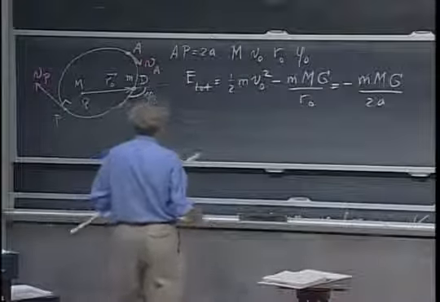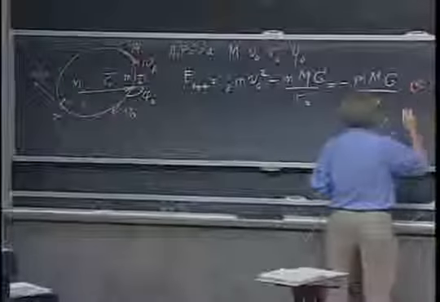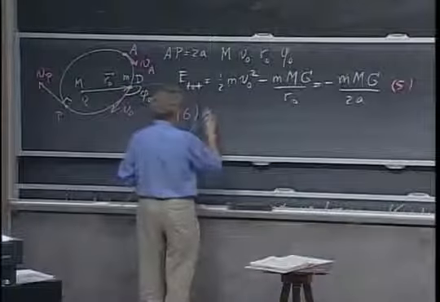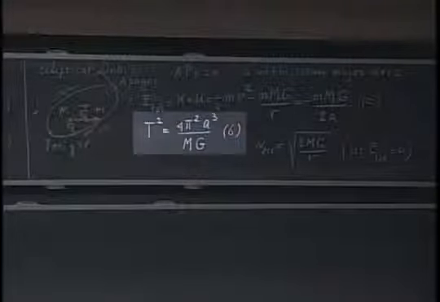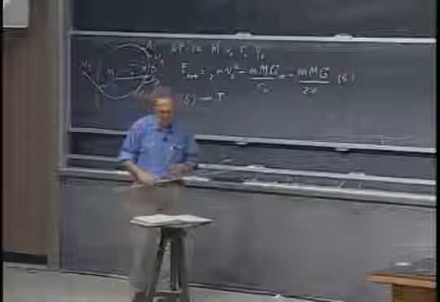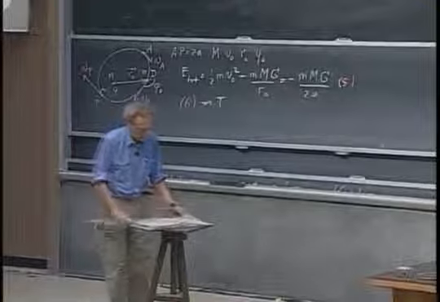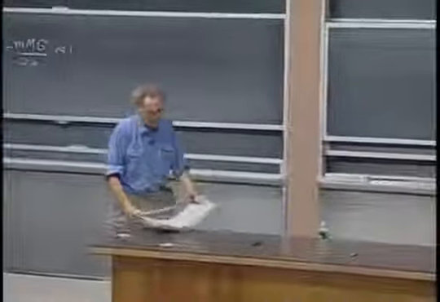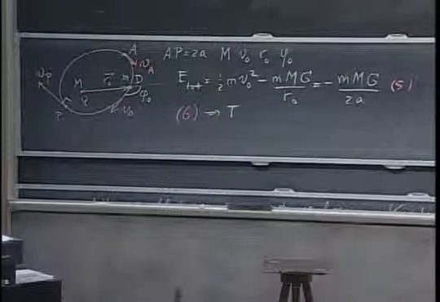Once you have a, so this is from equation number 5, if you now apply equation number 6, immediately pops out T, the orbital period. Because the only thing you didn't know yet was a, but you know a now. So we also know how long it takes for the object to go around in orbit. And I try to be quantitative with you, step by step, as we analyze this further. I will apply this to a specific case for someone going around